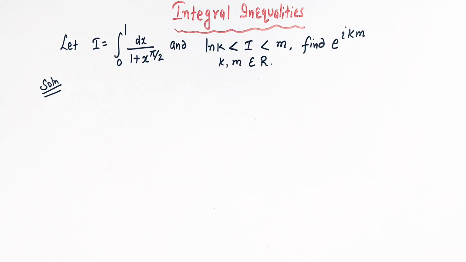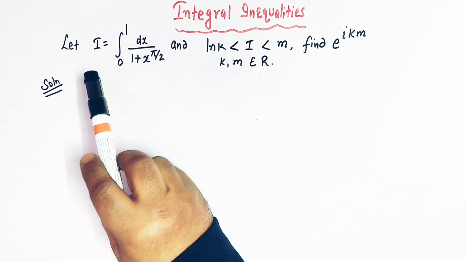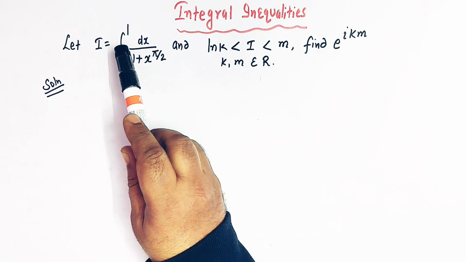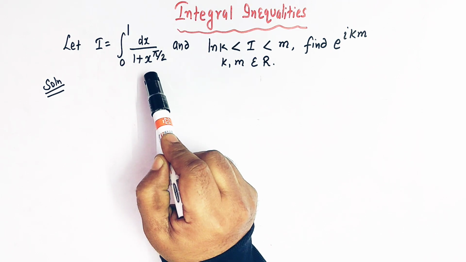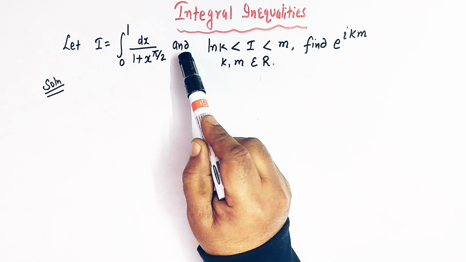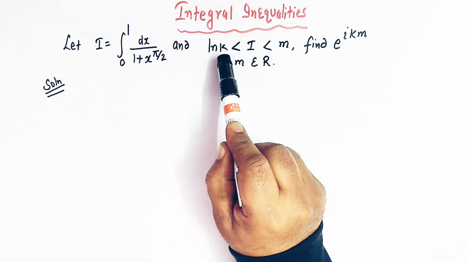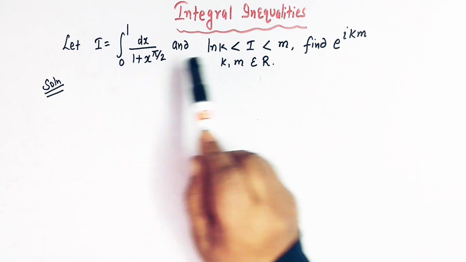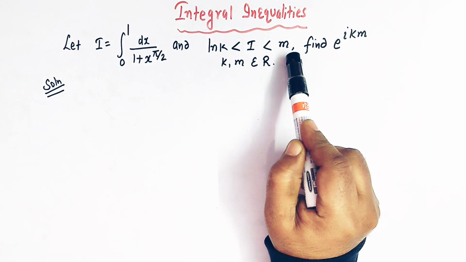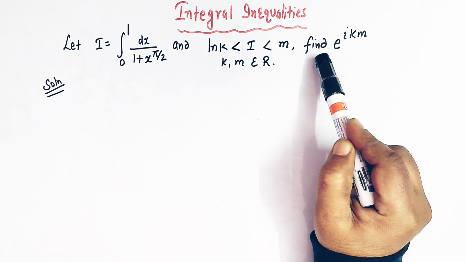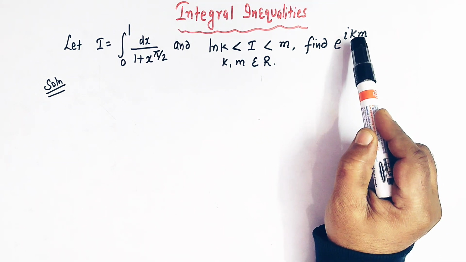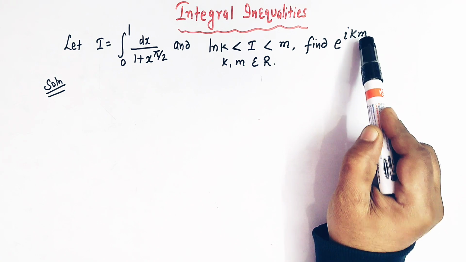Hello viewers, in today's class we are going to discuss another important problem from integral inequalities. So here we have a very nice problem in which we are given an integral I, which is from 0 to 1 of dx over 1 plus x raised to pi by 2, and we are given this condition, that is the inequality log of k is less than this integral I, and this integral I is less than this number m. Then we have to find the value of e raised to I times k times m,